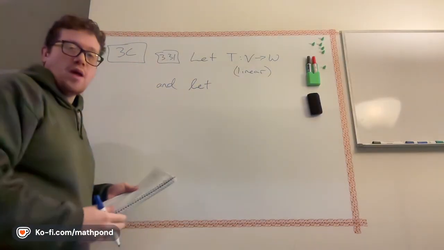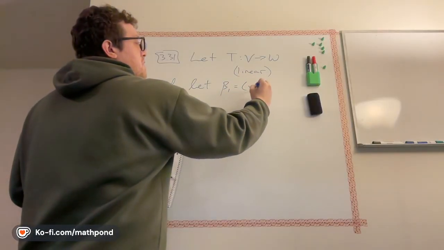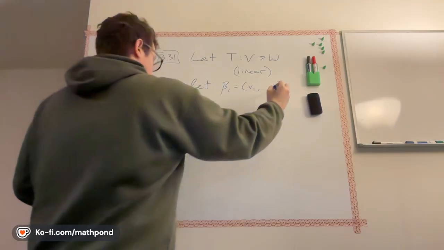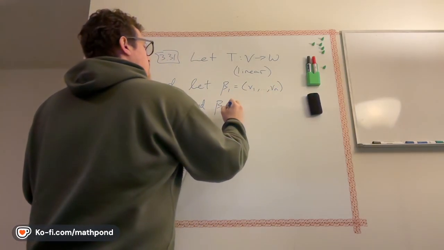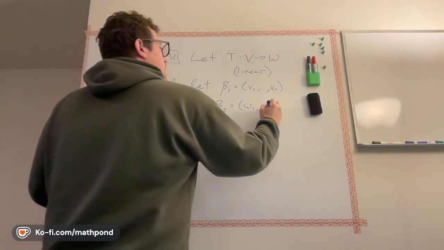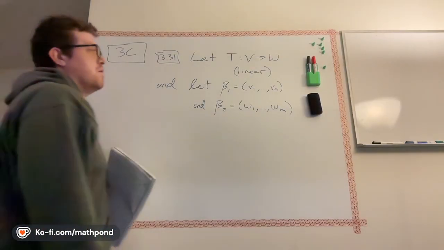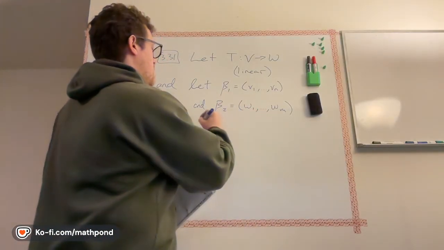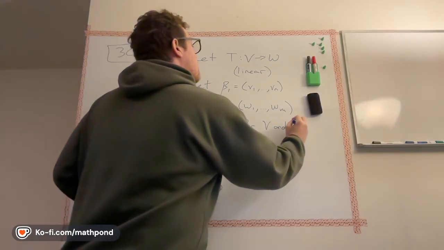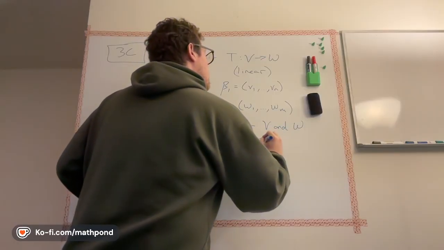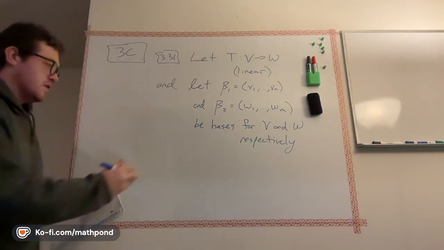Let's just call them beta 1 and beta 2. So beta 1 is a basis for V, and w1 through wm is a basis for W. Let them be bases for V and W respectively. So then the definition is